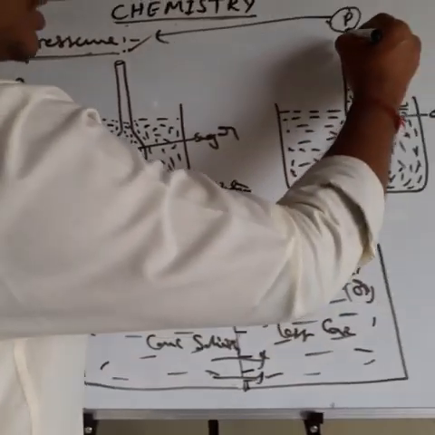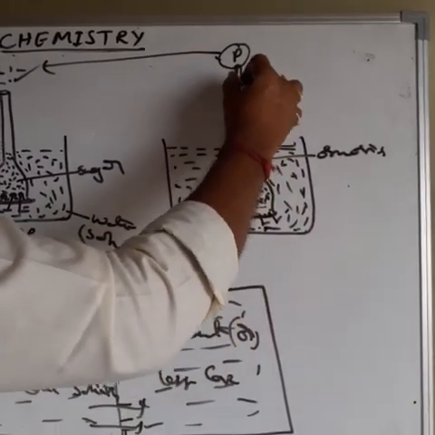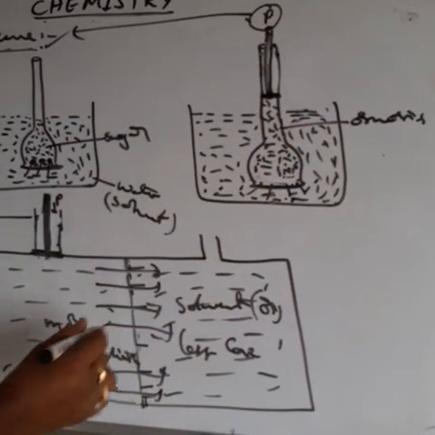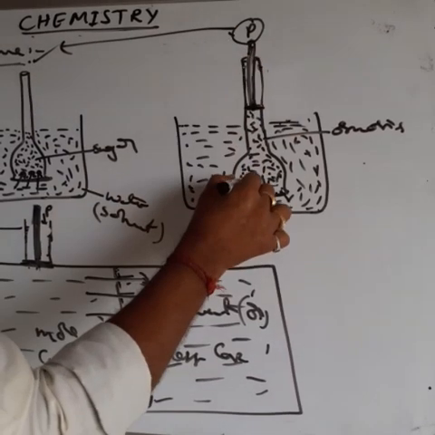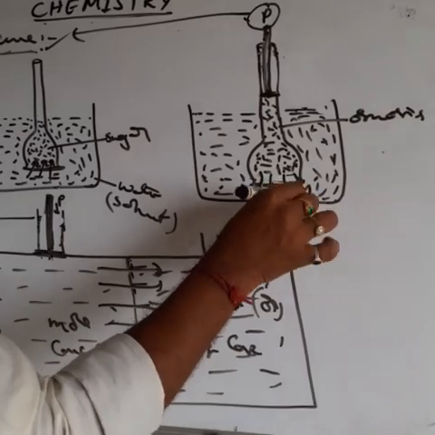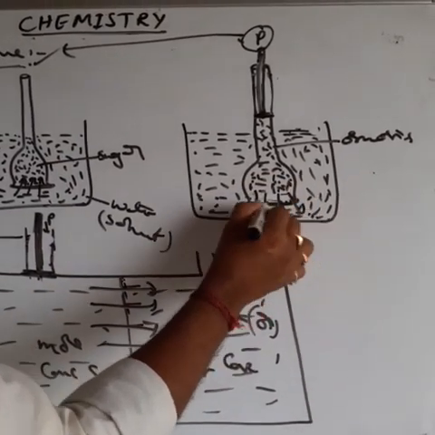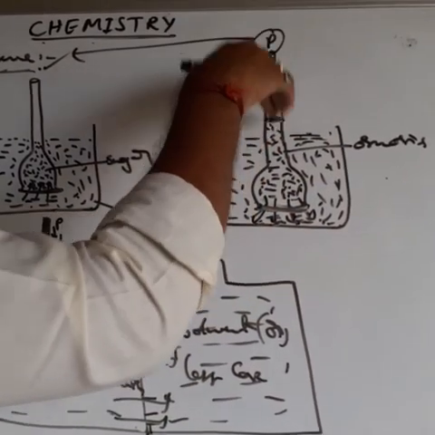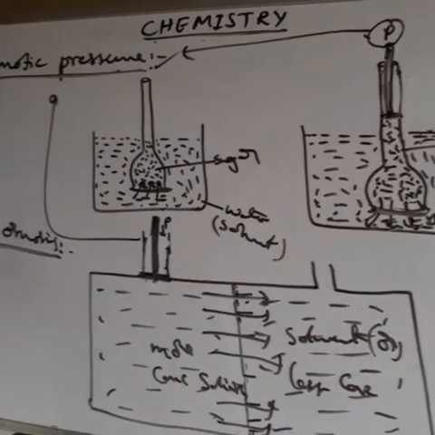Like that here also, if pressure is applied on the solution side, what happens? If you apply more pressure than the osmotic pressure on the solution side, it causes the solvent particles to come out from the more concentrated to the less concentrated side, or from solution to solvent, through the semi-permeable membrane. What happens to the level of the solution? Decrease. So this is the reverse of osmosis. That phenomenon is called reverse osmosis.